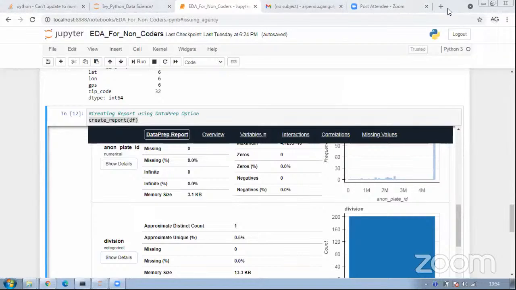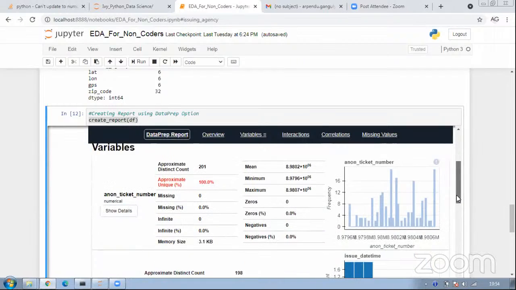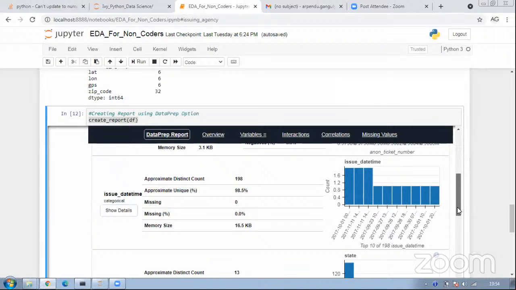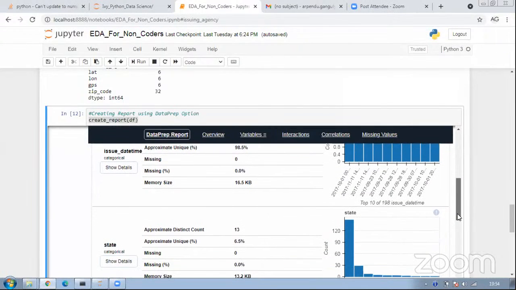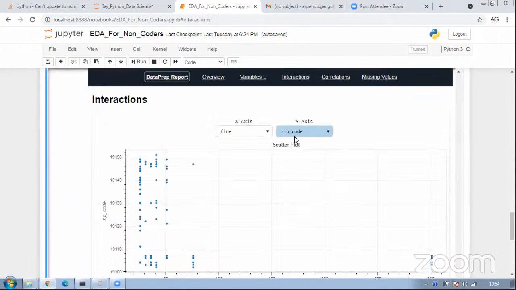Any other questions, guys? I hope you were able to consume all of the features that we have as a part of this data prep, and also relate it to what I meant by not just reporting the variables or the numbers themselves, but trying to tell something. For example, the one we saw through the interactions, using the relationship between fine and zip code, right? This is the kind of insight you need to distill out and then present to either the client or your team. This is the kind of insight you should always focus upon.